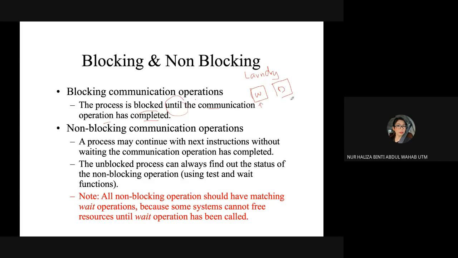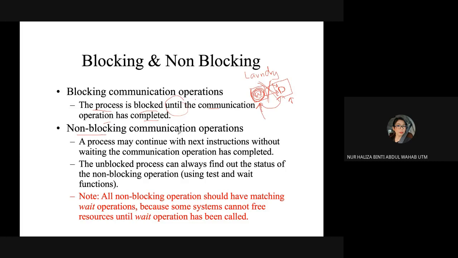This is the washing machine, this is the dryer. If you did not complete washing your clothes here, you cannot move to the dryer. You need to wait until your washing machine is finished, then you can move to the dryer. The process is blocked, because you need to wait until the washing machine finishes first, then you can proceed to the dryer.